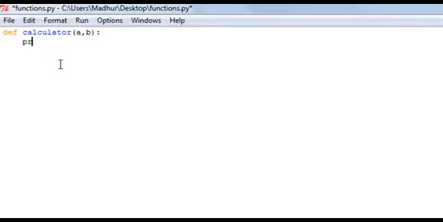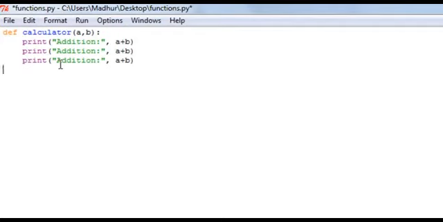And then on the next line, I'm going to use a print statement to display the result of the addition of a and b, right? So addition, I'll put a colon after the second double quotation mark, I'll put a comma, and then I'll type in a plus b, and I'll just copy this statement and paste it a few times. Okay, wait a second, I'll have to do this, and then one more time, and one more time. Okay, so the second case has to be for subtraction, so I'll get rid of addition here and type in subtraction, and I have to change this to a minus b, and this has to be for multiplication, so I'll change addition to